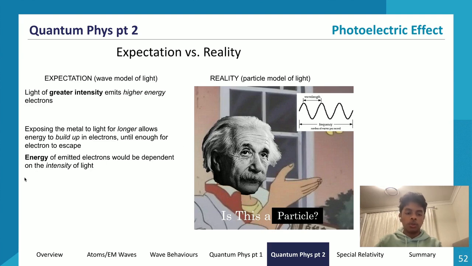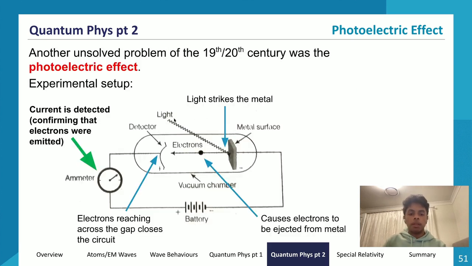This was also false, because if we think about the photon model, the intensity is dictated by the number of photons. So if I shoot 10 times the number of photons that I did originally, increasing the intensity by a factor of 10, but all these photons didn't carry enough energy to make electrons leave, then I would still emit no electrons from the metal. So there'd still be no photoelectric effect observed. The way it works is this light supplies energy to the electrons, like the flame test that we did in module 1. It would excite these electrons, causing them to leave the metal surface. Basically, that's how that works.